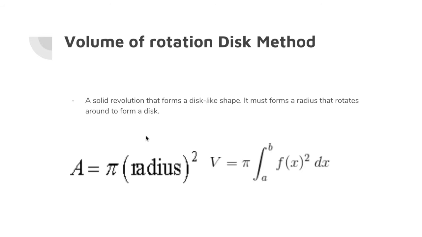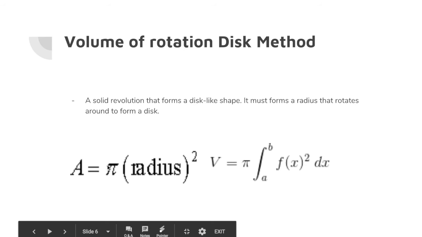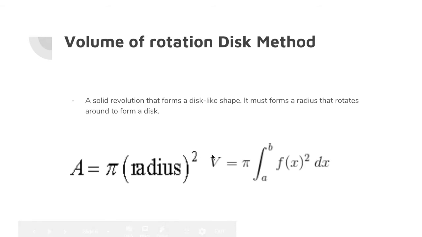The third one, volume of rotation disk method. A solid of revolution that forms a disk-like shape. It must form a radius that rotates around to form a disk. The area is equal to pi r squared, and when we plug that into the integral equation, we get